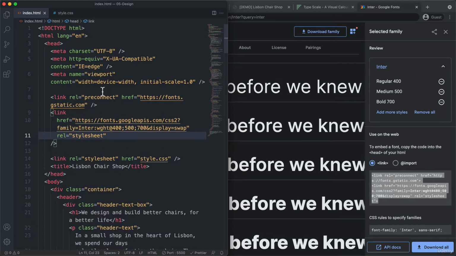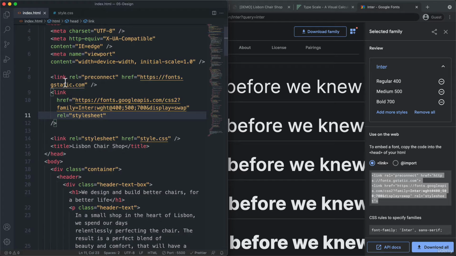Okay, then save it. And so now we get two new link elements here coming from Google Fonts. And the one that actually matters to us is this one. So this second one, where basically a new style sheet is loaded in, but from Google Fonts. So remember that we link our own style sheet also using the link element and then href to our own CSS file, right? And so this one here is similar. So it's still a style sheet and we still have an href, with the difference that this is a URL which comes from another server. And in this case, that other server is Google. So